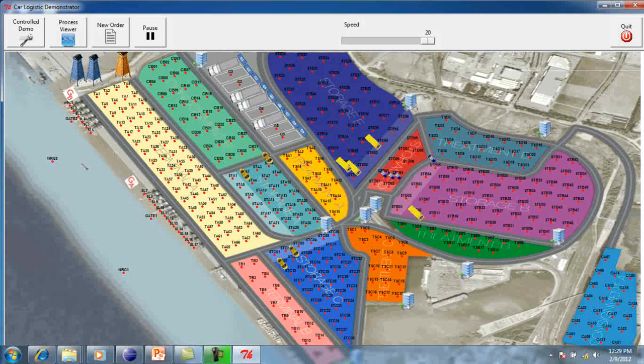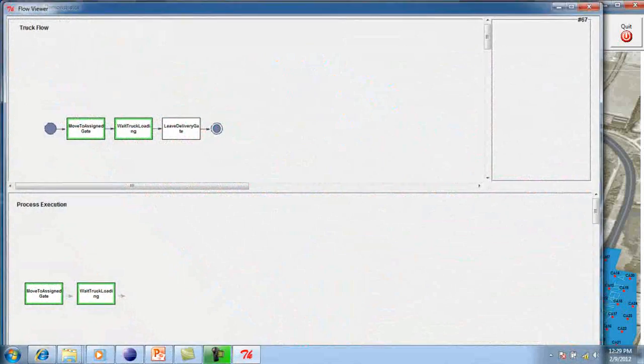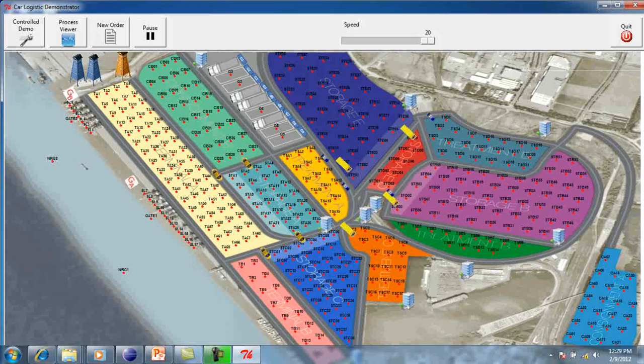That is the truck, which is responsible for loading cars. The truck uses the service provided by the delivery gate to load different kinds of cars.